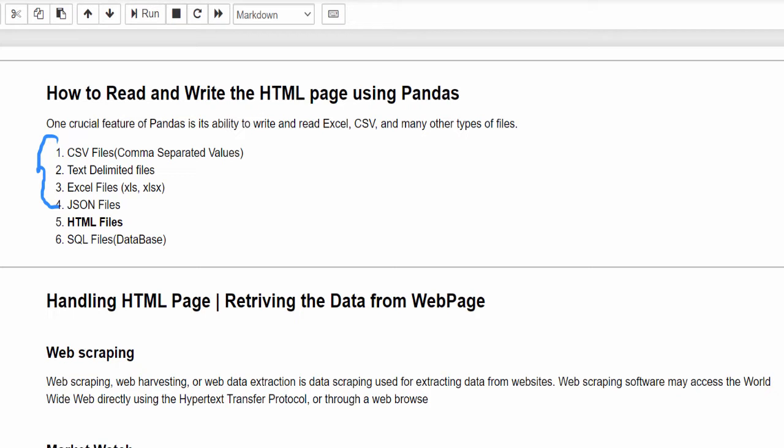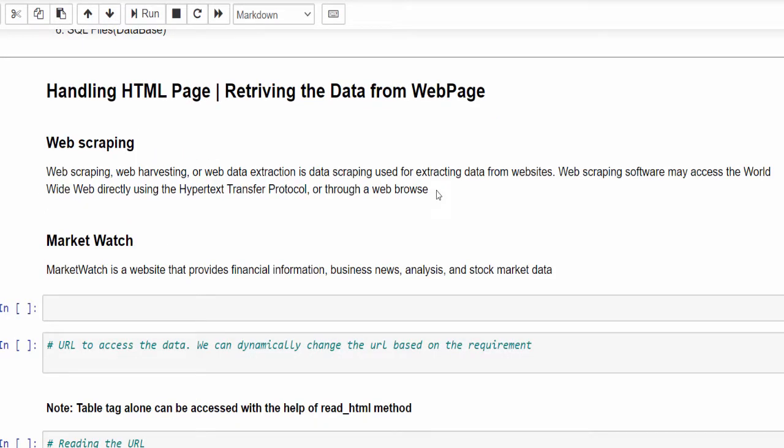Just imagine what if we don't have readily available data, or in other words, how to create the data from a public website. The only way to do so is web scraping. It is also called web harvesting or web data extraction. It can be called in any way, and it is used to extract data from a website.